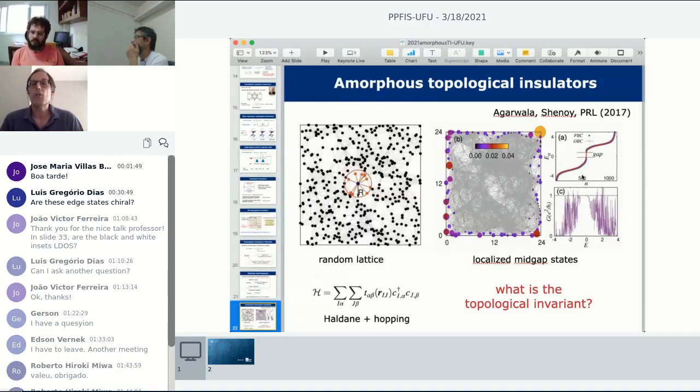And if you have open boundary conditions, this gap is filled, but look, the number of states here is small, right? So as you move on the energy, the number of states doesn't increase much, so the density of states is small, which is the derivative of n with respect to the energy.